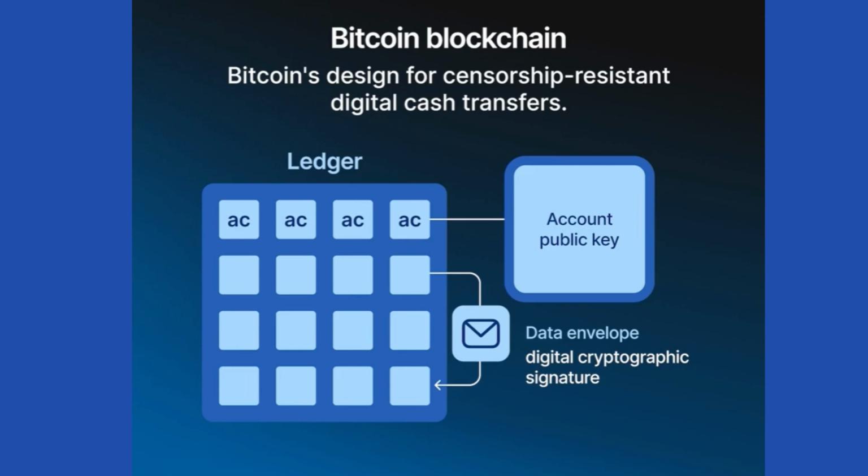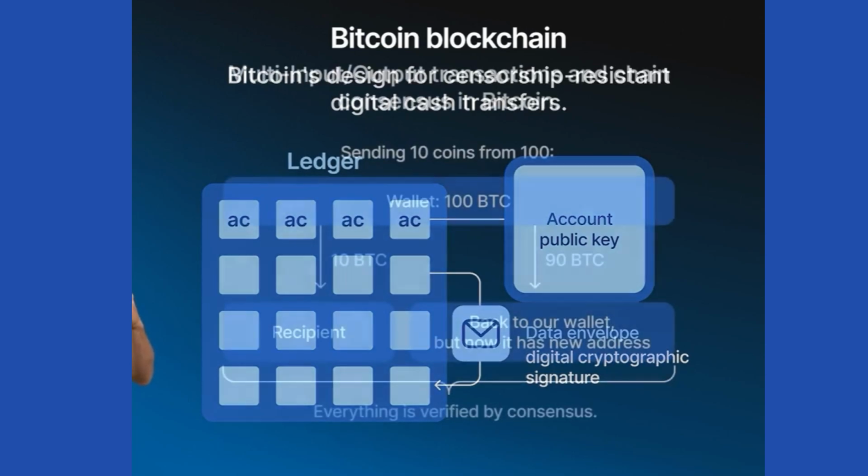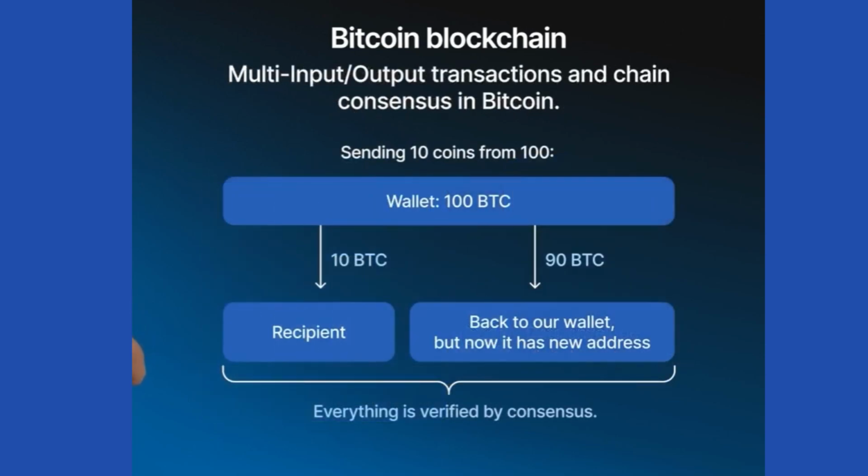and announce to the entire network that they're transferring money from their account to someone else's. In Bitcoin, it's a little bit more complicated than that because Bitcoin tracks individual accounts with their balances and effectively destroys them when they're spent. So if you want to spend a portion of the account, then you have to make a transaction that has 2 outputs. One output will transfer some portion of money, say 10 coins out of 100, to your destination recipient, and the rest, 90 coins, will be sent back to your own address,